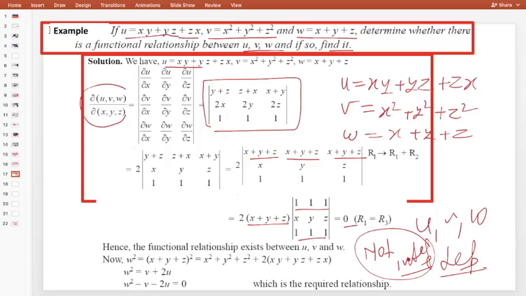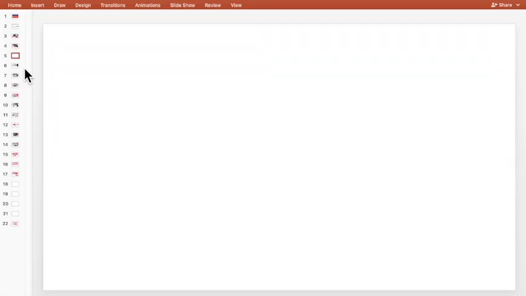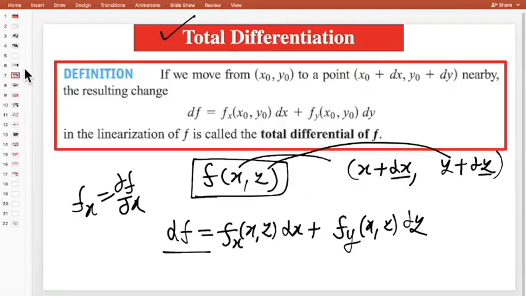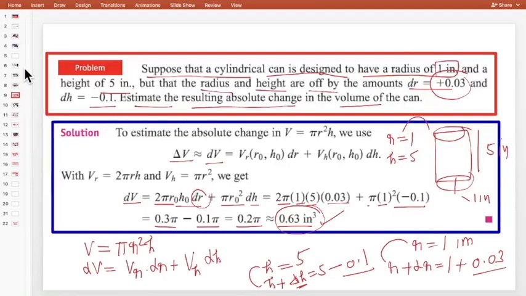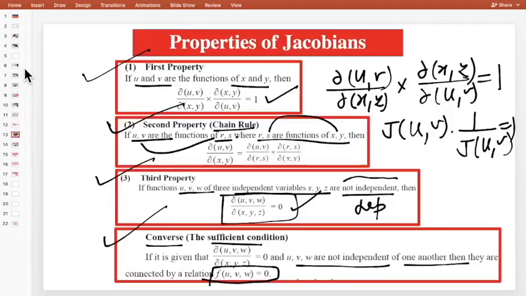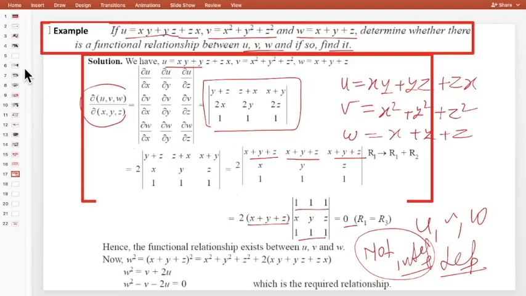So this is the summary. In this lecture we have solved three important questions. First we saw the chain rule topic, then we solved a problem, then in the chain rule itself, if the function w is a function of x, y, z and further a function of r and s, how we can solve it. Then we checked the total differentiation. And then the Jacobian: first we saw the simple Jacobian, then based on the three properties we solved three problems, 1, 2 and this is the third one. So this is the summary of this lecture.